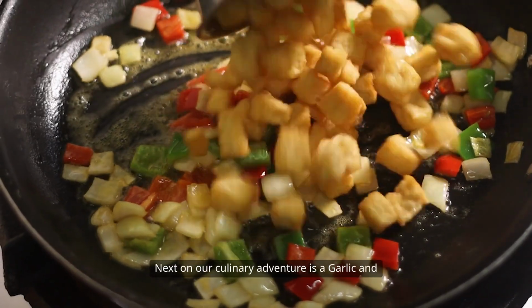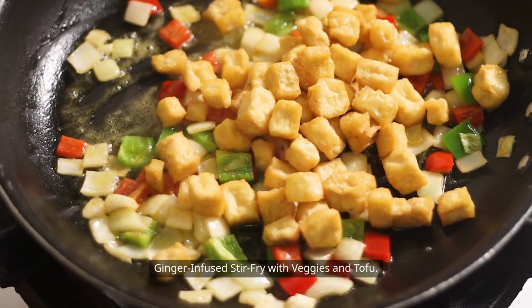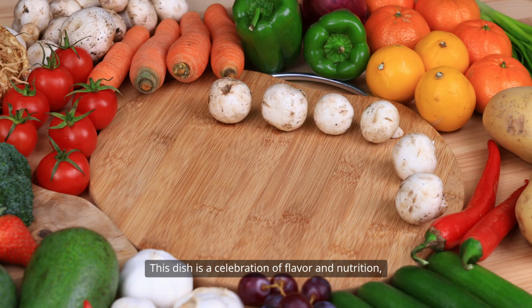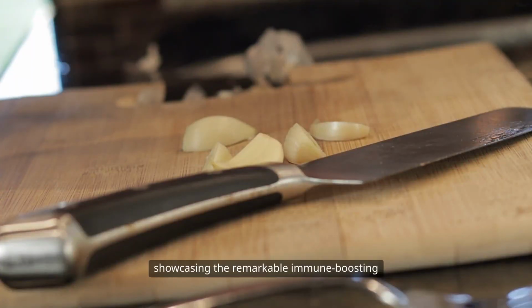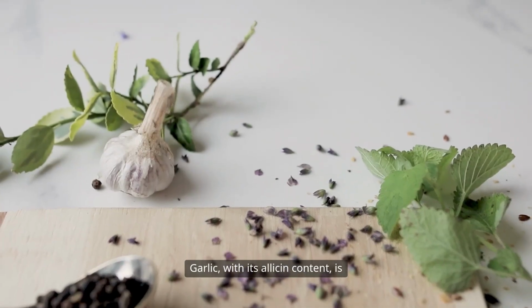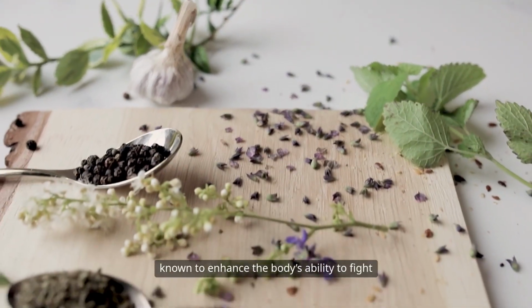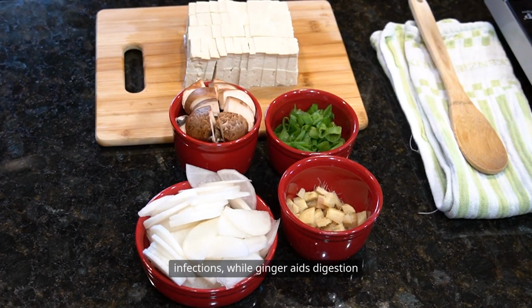Next on our culinary adventure is a garlic and ginger-infused stir-fry with veggies and tofu. This dish is a celebration of flavor and nutrition, showcasing the remarkable immune-boosting properties of garlic and ginger. Garlic, with its allicin content, is known to enhance the body's ability to fight infections, while ginger aids digestion and